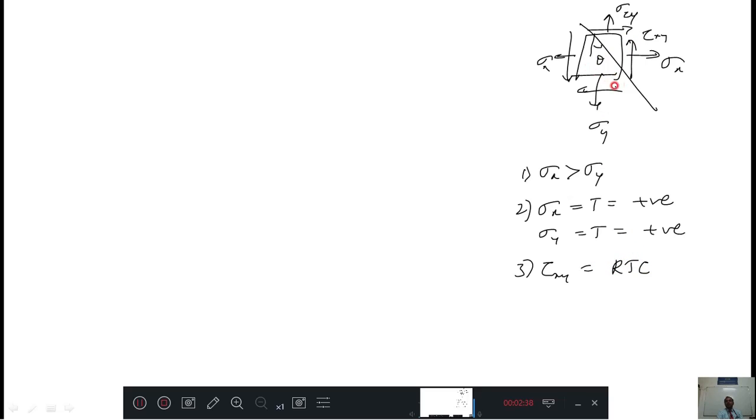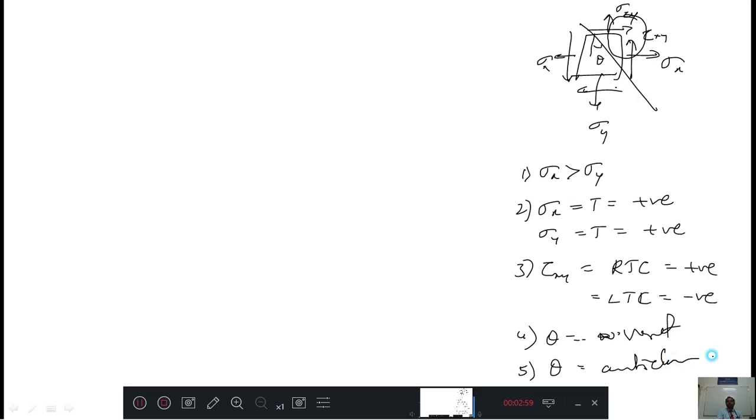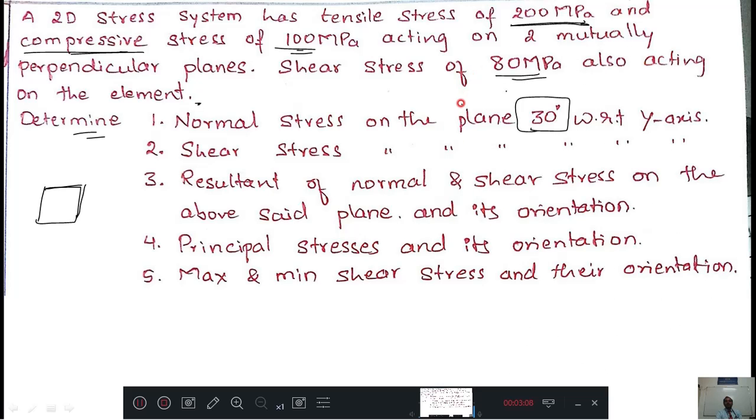See, the arrows are here, they are meeting at the right top corner, then that is positive. If they are meeting at the left top corner, then that is negative. And theta should always be with respect to the vertical, and the fifth one, theta must always be an anti-clockwise measurement. Then all of the things are positive. This should be there. Now going back to the problem, here tensile stress is given, but they did not tell you whether